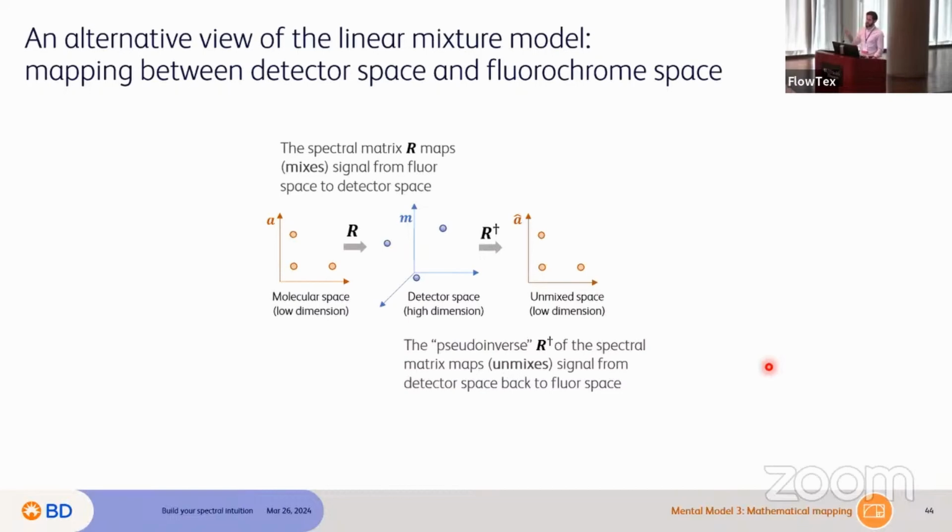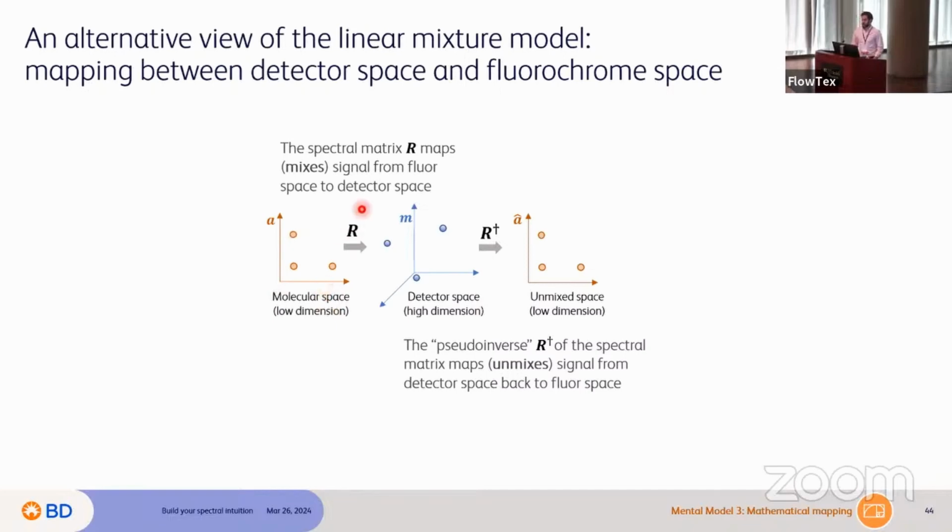Okay, so just to illustrate this a little bit more clearly here, I can think of spectral cytometry as, again, this process of transformations that are also mappings between different spaces. So let's say that the molecules I care about are in some initial lower dimensional space. Say I have two markers I want to look at. I'm going to convert that into a fluorescent signal that exists in a higher dimensional space, shown here as three. And then I'm going to unmix back into a lower dimensional space that will hopefully reflect the underlying molecular space